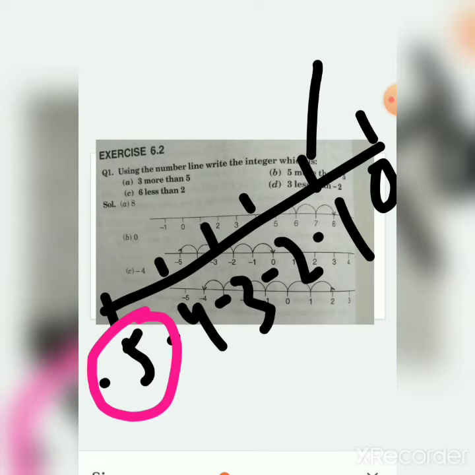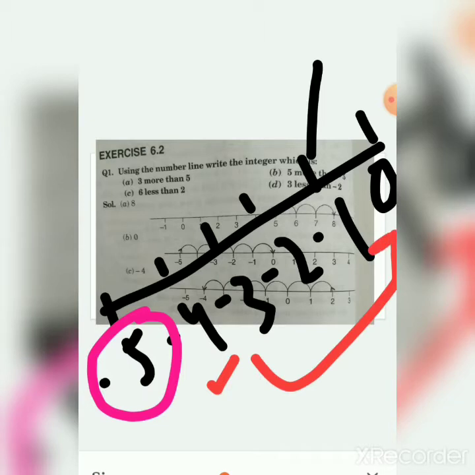More than is where? Okay, first of all tell me, minus 5 is greater or minus 4 is greater? Minus 4 is greater. I have already discussed with you, if two numbers are negative, the smaller number containing the negative sign will be greater because it is very close to the 0. Or you can say the number which is very close to 0 will be greater. Okay, yes. So it is telling 5 more than minus 5.